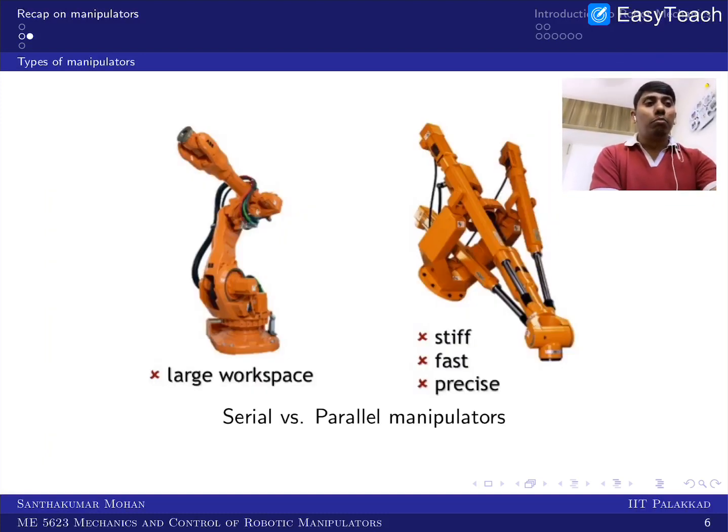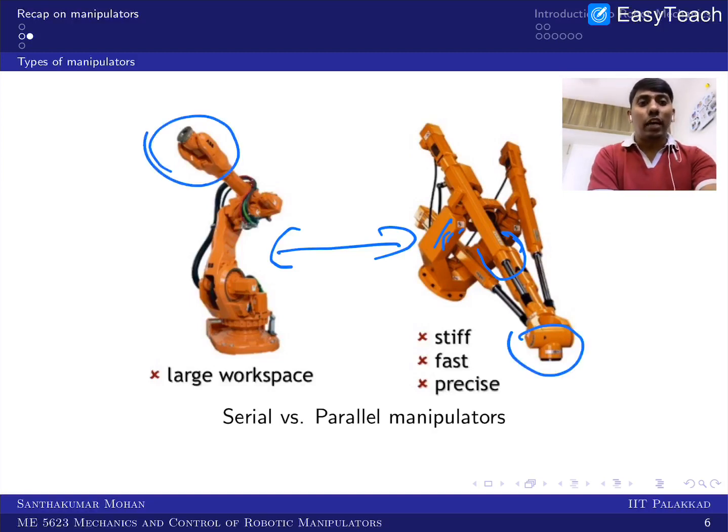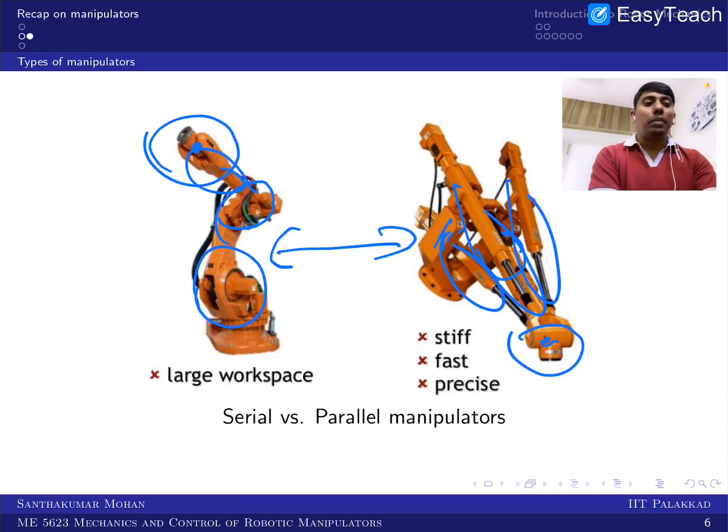Just to give more attention, you can see that both are commercial manipulators which are heavily loaded. This one has several legs connected from the base, so this is nothing but a parallel manipulator, and this is a serial manipulator. The end effector is almost the same, but the configuration is serially connected in one and parallelly connected in the other. So this is the main difference. This point can be spatially located at all possible positions within the workspace, and this can also be done that way.